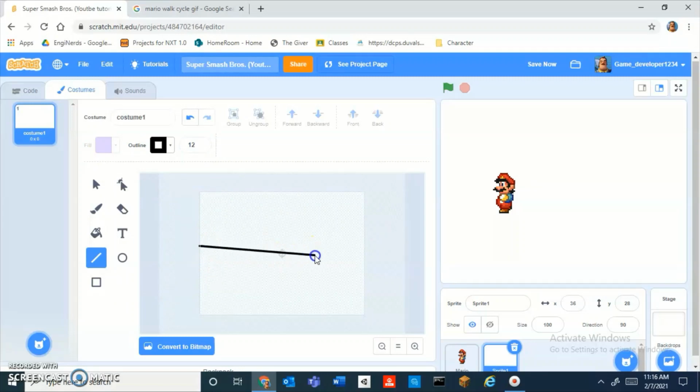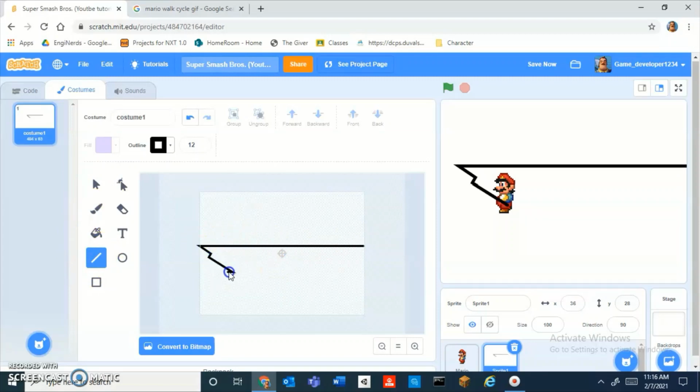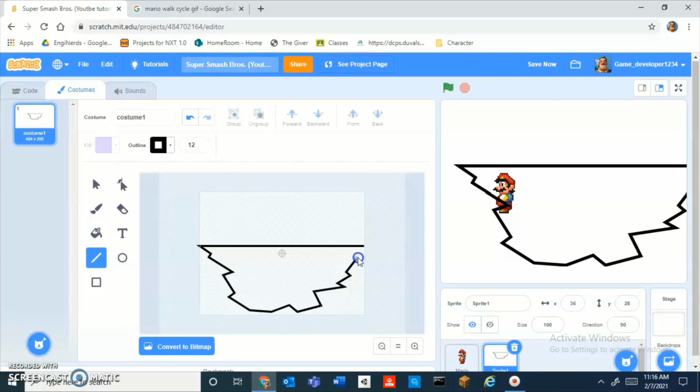Then I'll make just a huge straight line across, and then make a sort of floating island shape, because that's what I want my level to be. But obviously you guys can change it up however you want, because this will be your game.